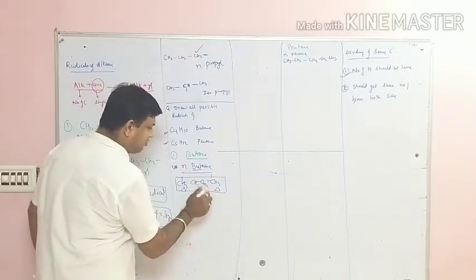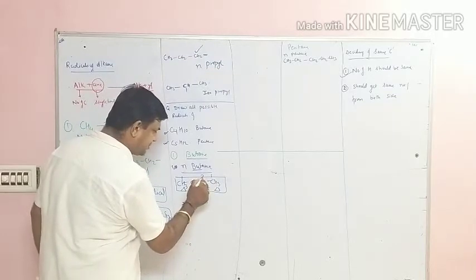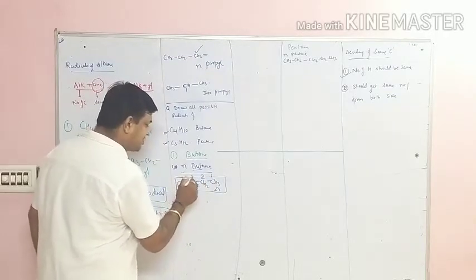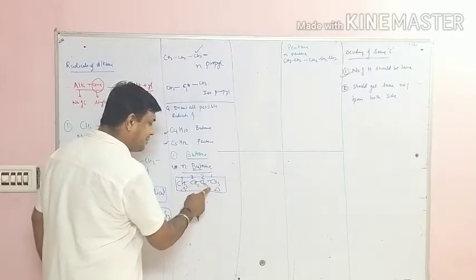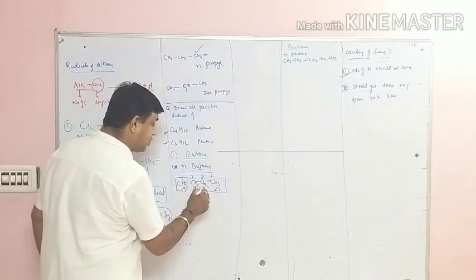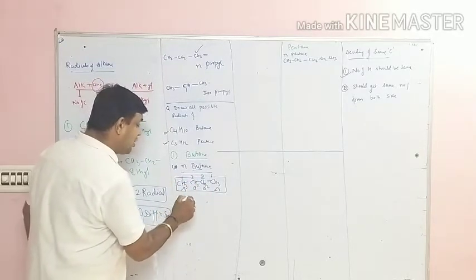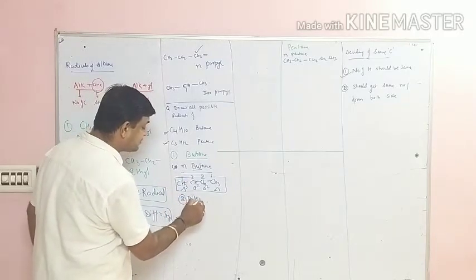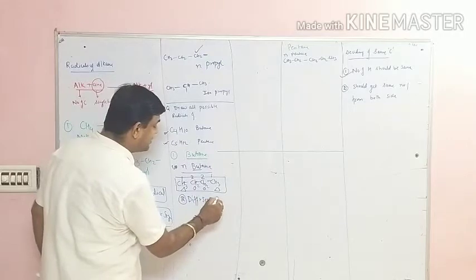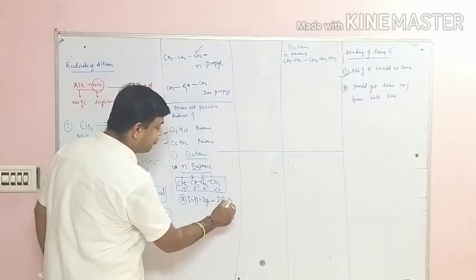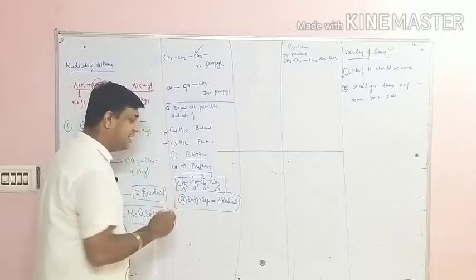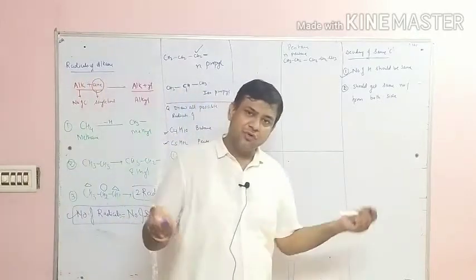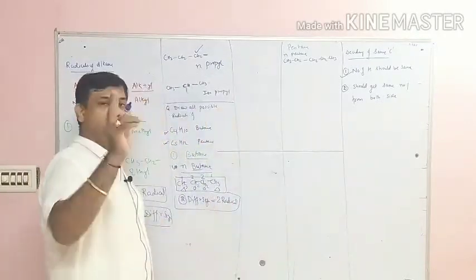Now compare these two. If I go 1, this is 2 number. If I go 1, this is 2 number. So both are getting the same number as well as the same hydrogen. So these two are also the same. It means in total how many different signs are there? 2 different signs are there. So how many radicals? We have told you that the number of different signs is equal to the number of radicals. So in this case, we will form 2 radicals.